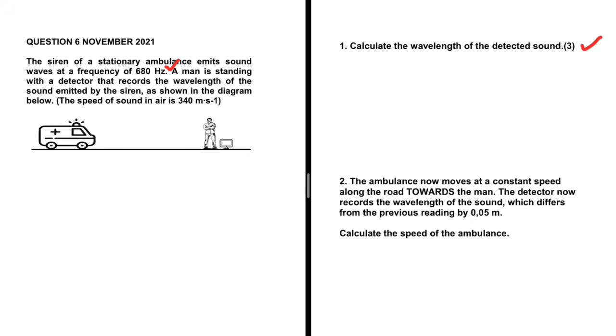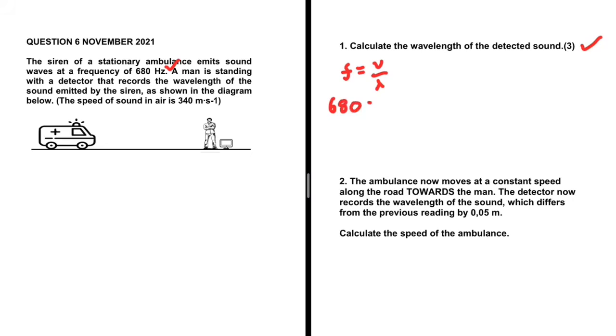So what are we going to have? We're going to have the frequency detected being equal to the velocity divided by the wavelength. So what will be the frequency detected? The frequency detected will be the same as the frequency which is emitted because there is no relative motion between the sound source and the observer. So the frequency is